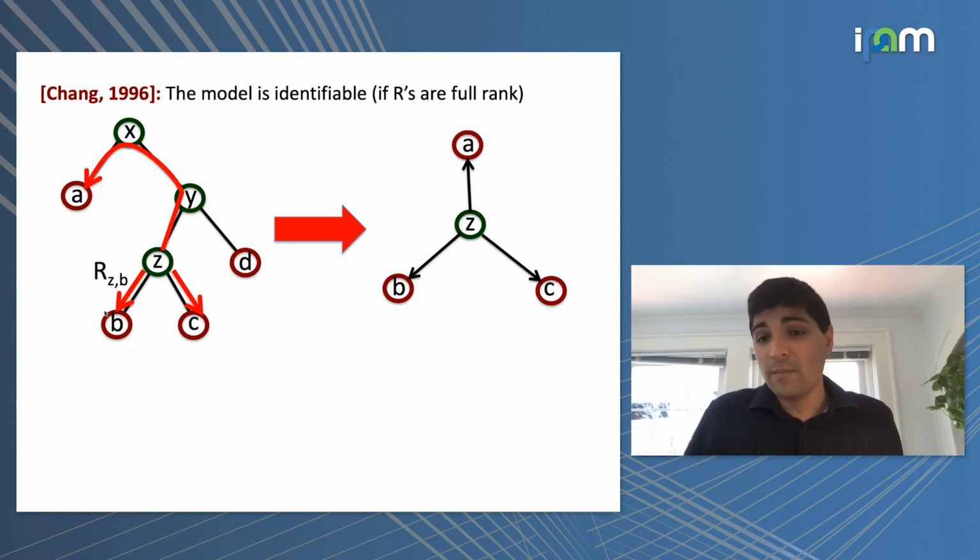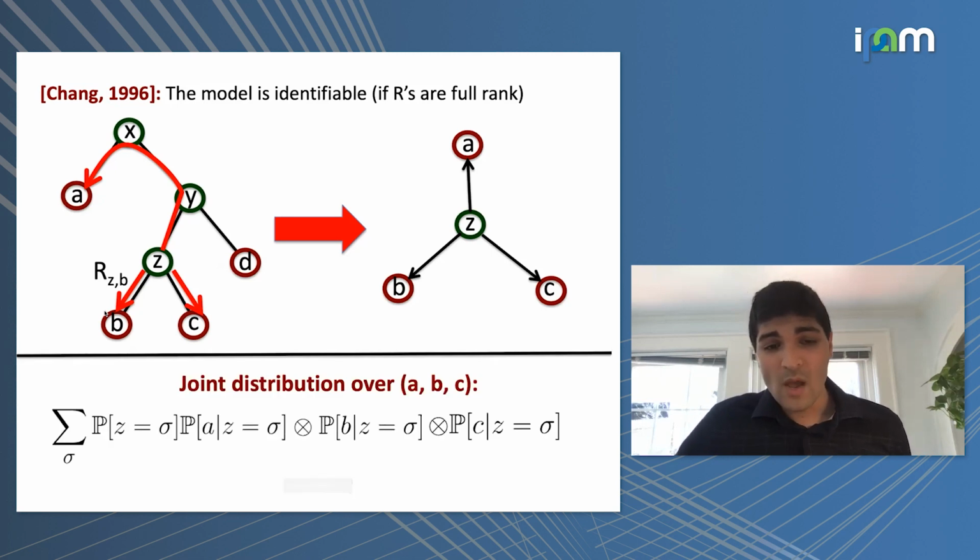And I claim that conditional independence is a low-rank tensor in disguise. That's the main point. This is maybe the second most important point in the talk. And if you get nothing else, I'll still be thrilled. So what I mean by that is, imagine we're in the situation where I've reduced to the star graph. The important thing is, when I look at the joint distribution of A, B, and C, that's a size of sigma by size of sigma by size of sigma tensor.